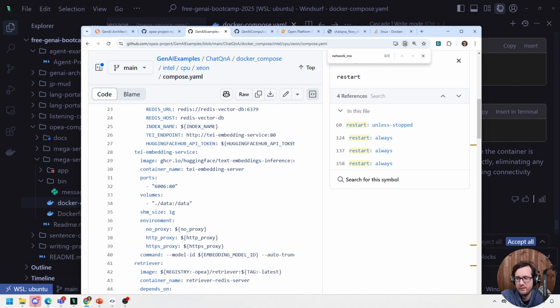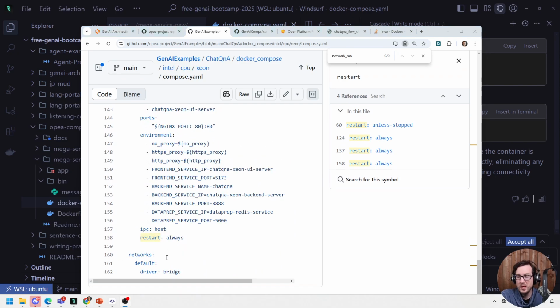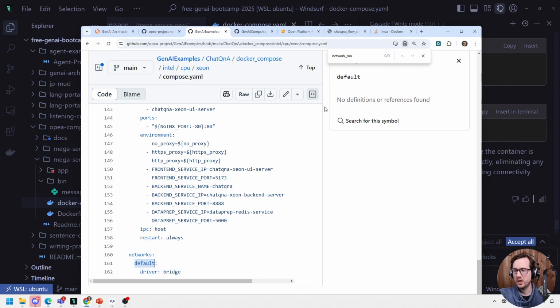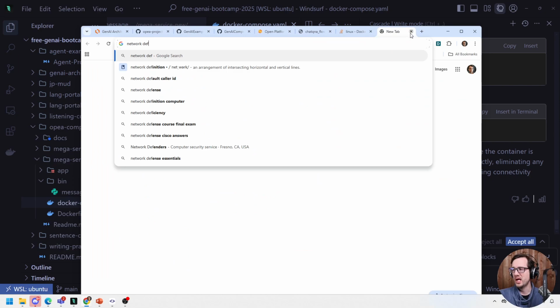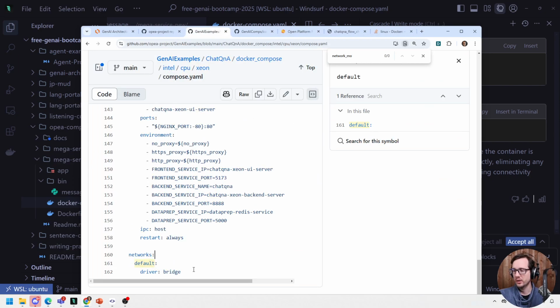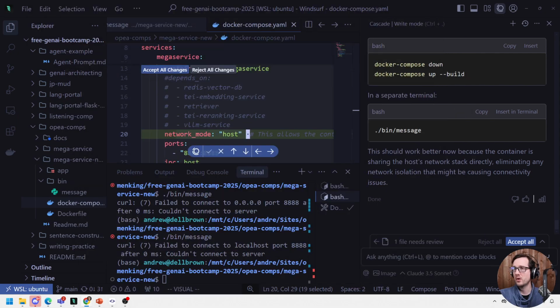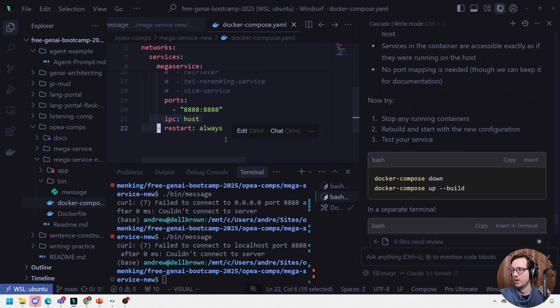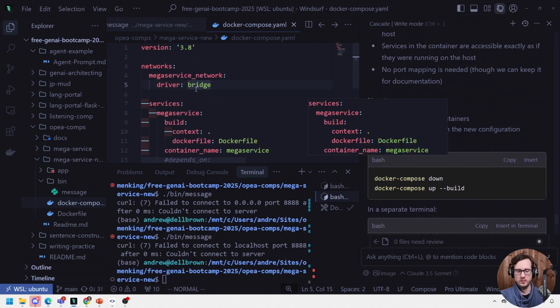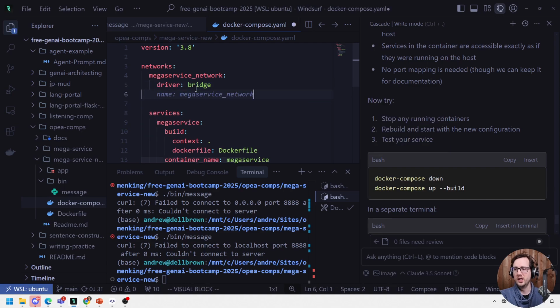Let me just read through this and see if I can find anything. This makes me think that network default allows us to connect it. So we'll say network default. Well, we can just test it by changing it over to default really quickly here. So I'm going to go ahead and copy this. I don't like what it's done here. This is completely useless, so we're going to say reject these changes. And I'm going to go up to here and paste this in here.